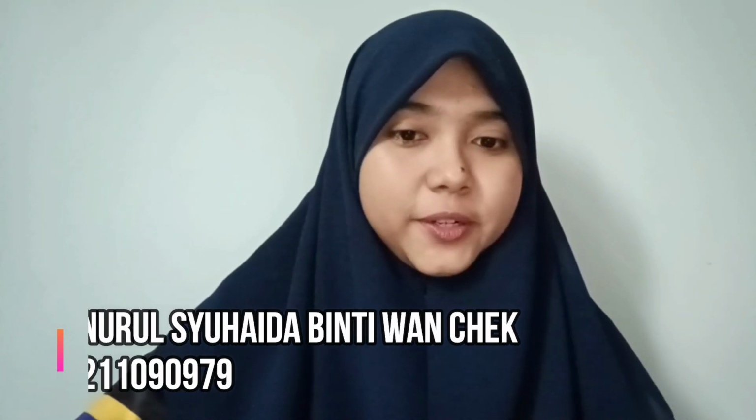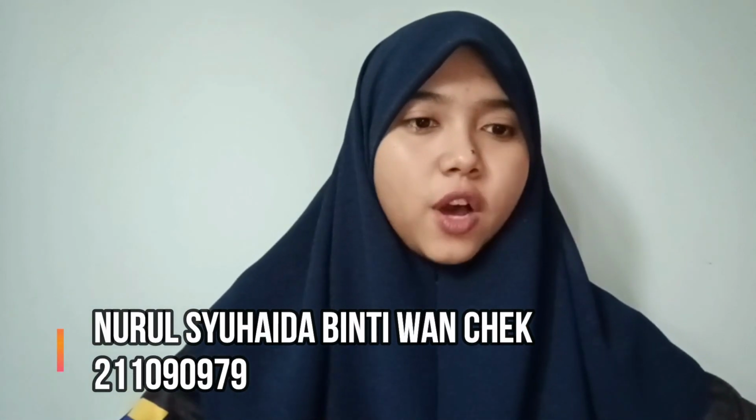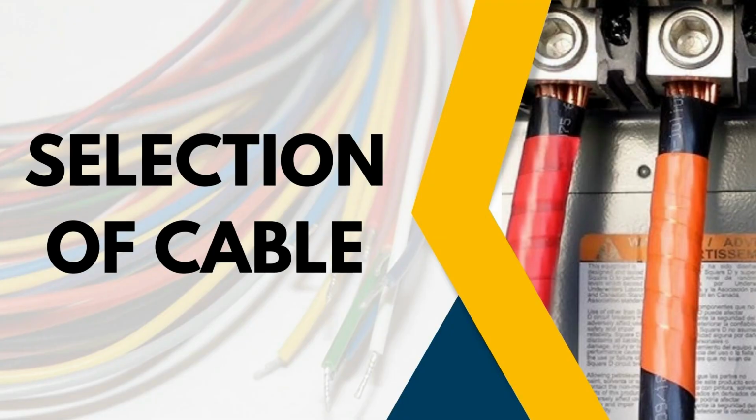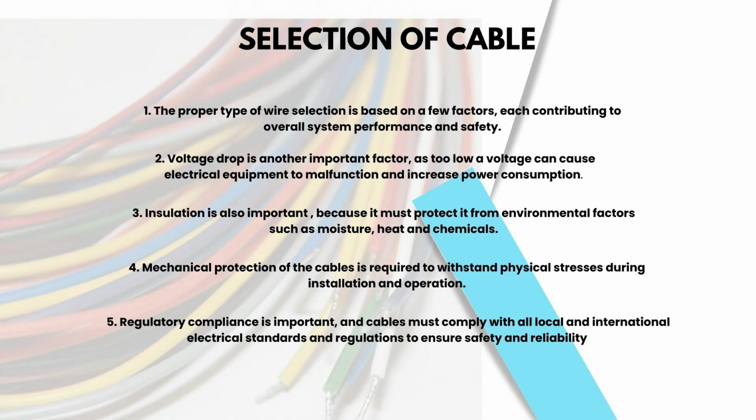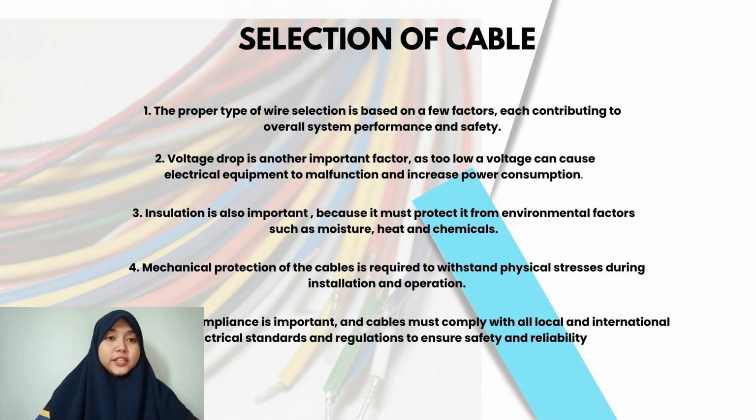Okay, the topic that I will explain is about the selection of the cable. Firstly, the proper type of wire selection is based on a few factors, each contributing to overall system performance and safety. Then, the voltage drop is another important factor, as too low a voltage can cause electrical equipment to malfunction and increase power consumption. Insulation is also important because it must protect the cable from environmental factors such as moisture,